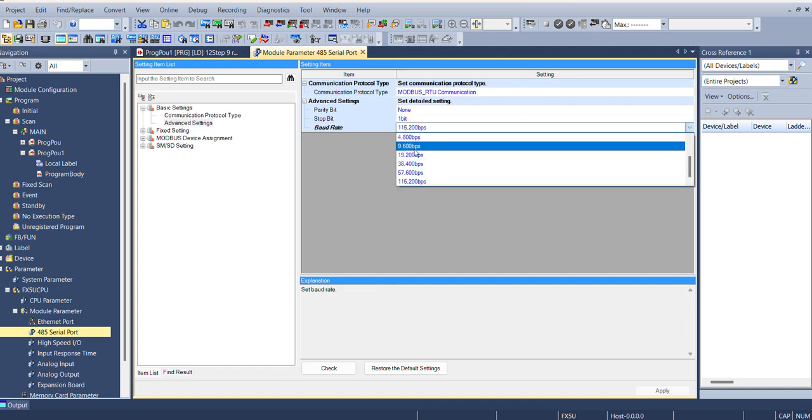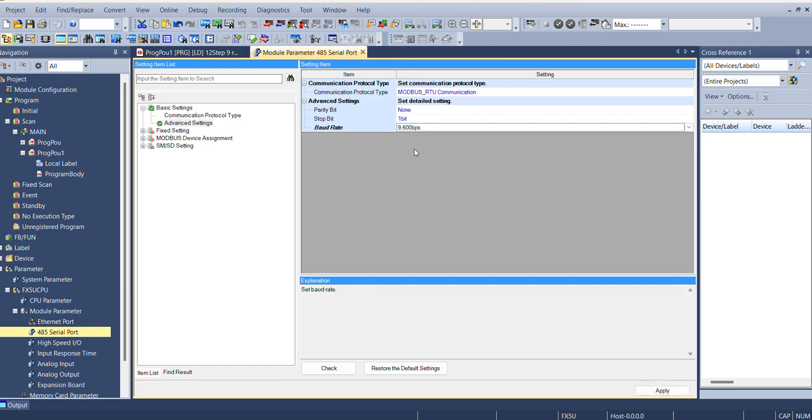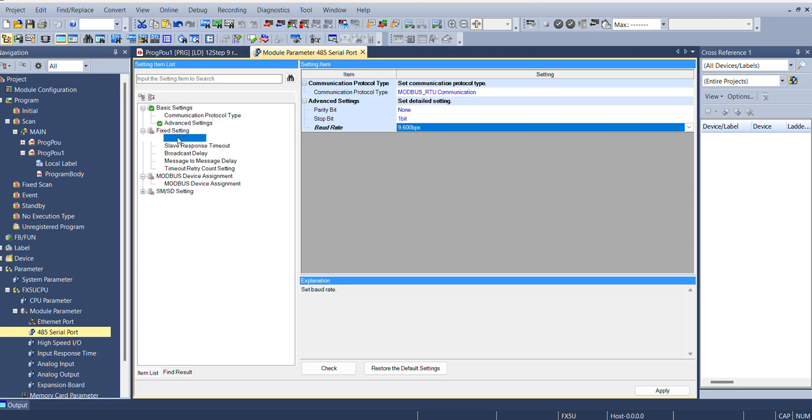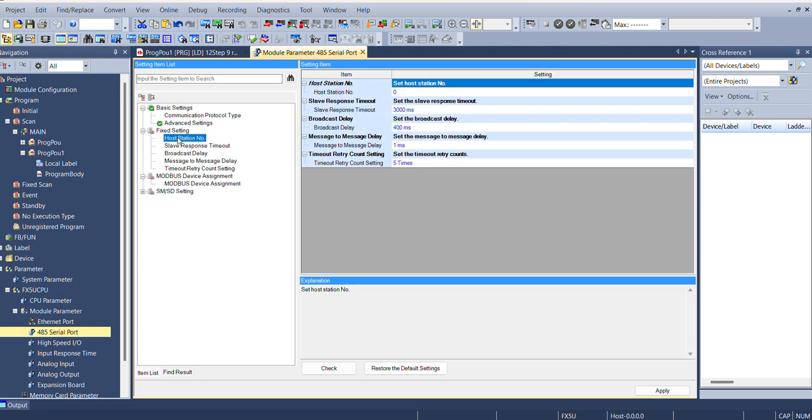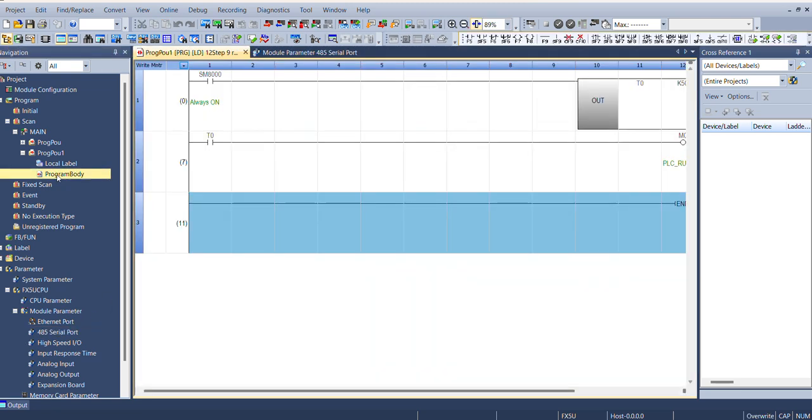After that you can see some settings: parity bit, stop bit, and baud rate. Here you have to match these three settings on both sides. No setting is required from the others. Simply click yes, okay, and apply. After that, simply use